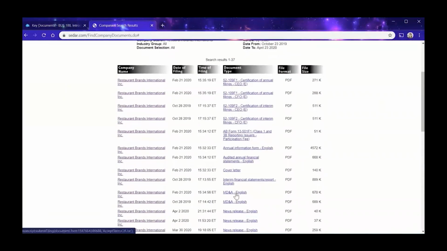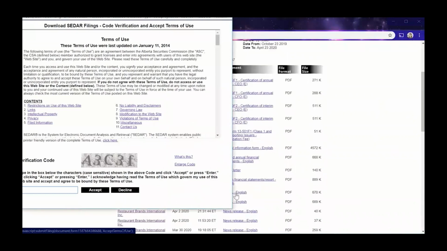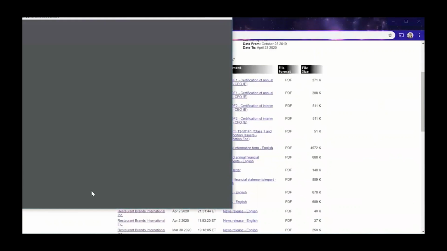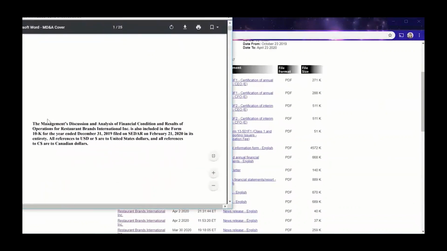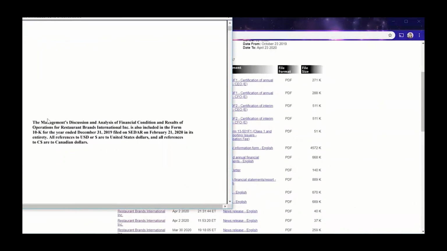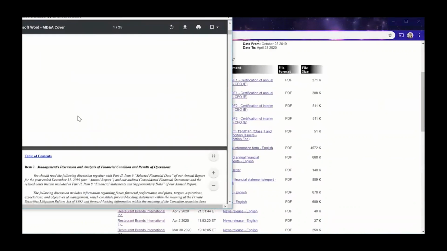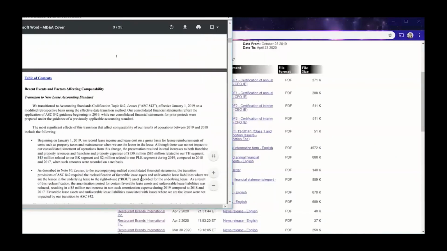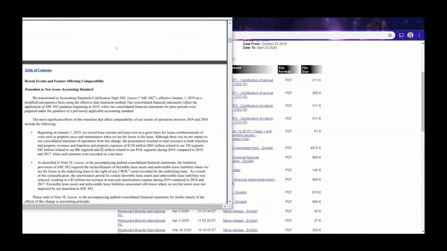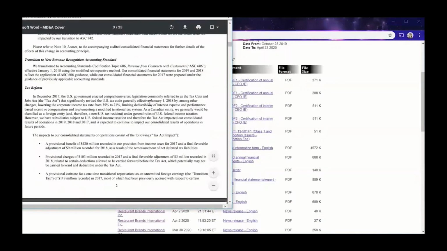I'll just show you what it looks like when you open a document, for example, an MD&A. You have to prove that you are human. So I'm just going to quickly fill that out. So as you can see, an MD&A is a management discussion and analysis of financial condition. So there's a quick summary here to tell you, and then a whole lot of information for you to sift through. So as I said, keep an eye on the most relevant ones because this is a lot of information to sift through and you wouldn't want to look at the wrong one. Going back,